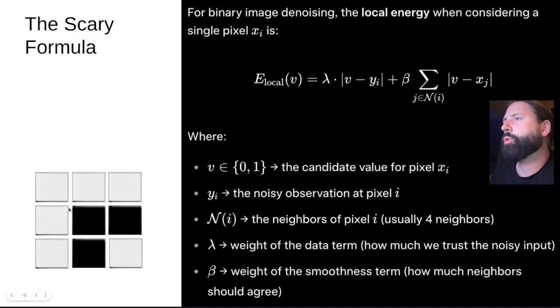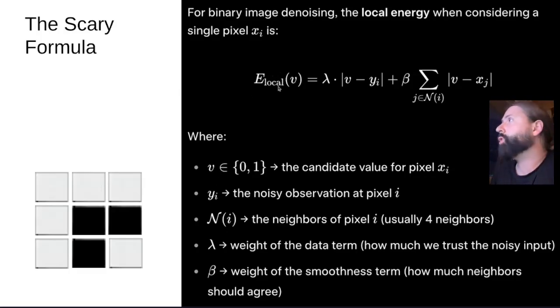Because we said, look, we don't need to look at all the pixels. We can just look at this one and then at the neighbors. That's why I said compositional makes sense, because then you can add up everything and it adds up to the energy of the total system. And you can take a look at the legend calmly if you want to pause the video. The way that you build this formula to represent the constraints that I talked about is basically saying,